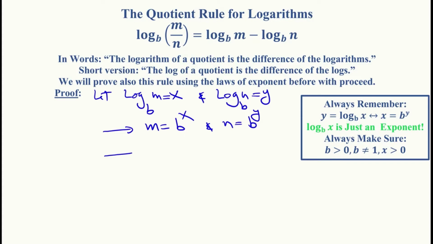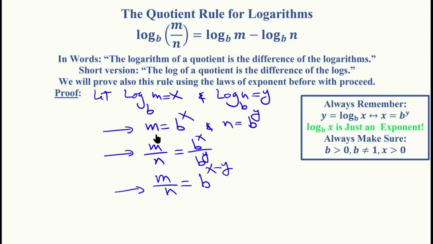So now this time we're interested in the log of a quotient, so we want to know what the quotient m over n looks like. So this time we'll go ahead and see what m over n becomes. Well, of course, that's going to become b to the x over b to the y. Now, if we apply the quotient rule to that, we get m over n equals b to the x minus y. And basically, our use of the exponential form has been exhausted, so we go ahead and put this back